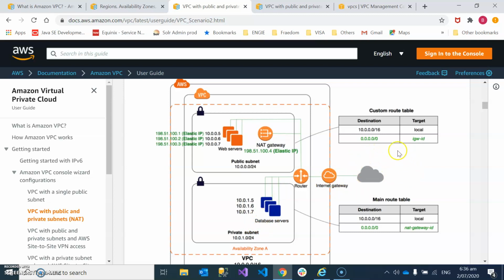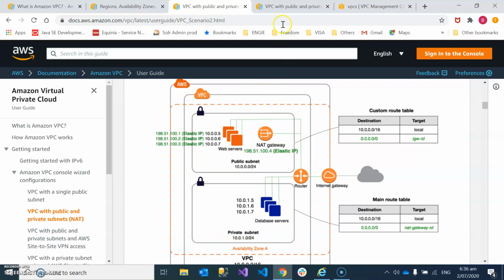The internet is not aware that the database servers are talking to it. The internet is only aware that the NAT gateway, which is a public subnet resource, is talking to it. So they are hidden behind the scenes.